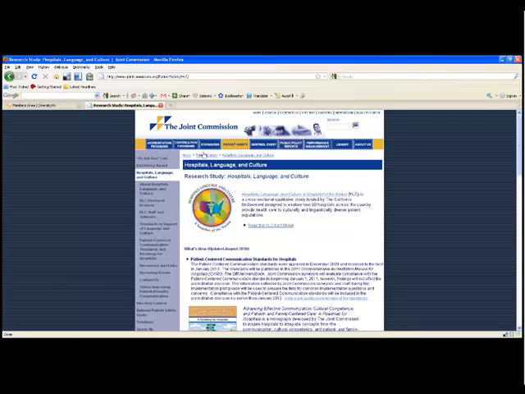Partially because they know that these are issues that affect hospitals, but also because they're aware that some of their existing standards might need to address these issues of language and culture, and standards that are in development might also need to address these issues. So I'm showing you these pages with a caveat. The Joint Commission is actually going to be overhauling its website in the next couple of weeks, and the HLC project, which you're looking at right here, has actually ended, and so they're going to be doing some rearranging of their website, and some things may be in the same place and some things may be in a different place.